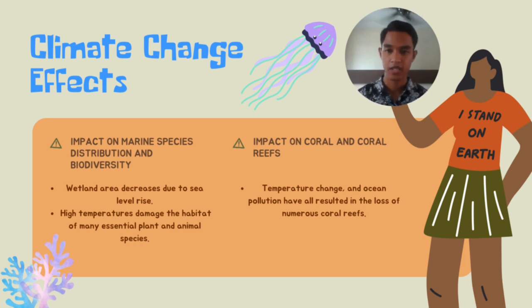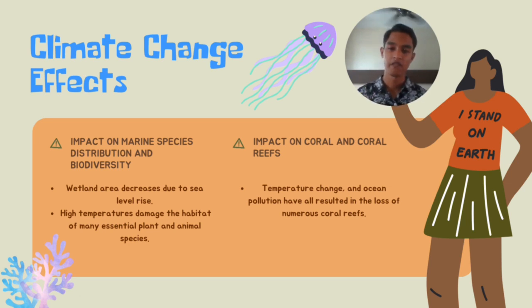Marine biodiversity is affected by climate change. Human activities are disrupting chemical processes, plant and animal species, and ocean temperatures in many ways. But we can see the first way that it affects marine biodiversity is that sea level rise reduces the area available for mangroves. Second, high temperature causes many important plant and animal species to shift toward the poles, disrupting their habitat. Next, we can also see that increased temperature can cause photosynthesis to be inhibited. Increased ocean temperature decreases total chlorophyll content and leads to coral bleaching along with the browning of seagrass.